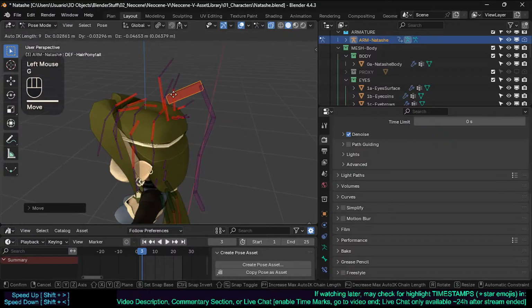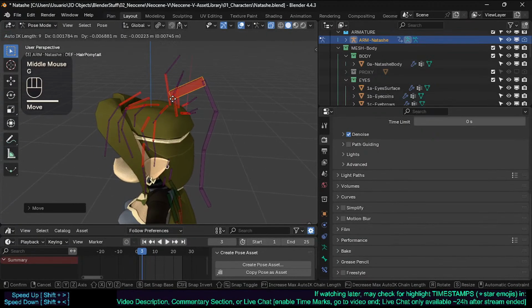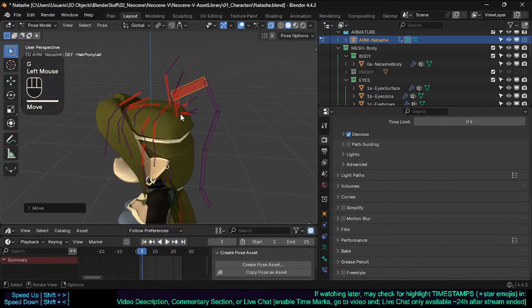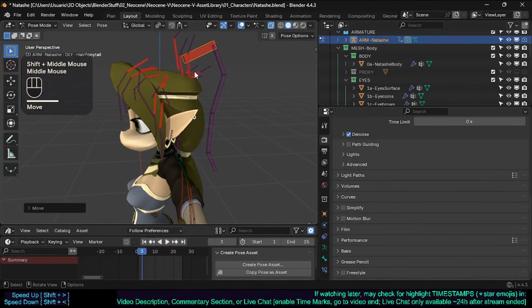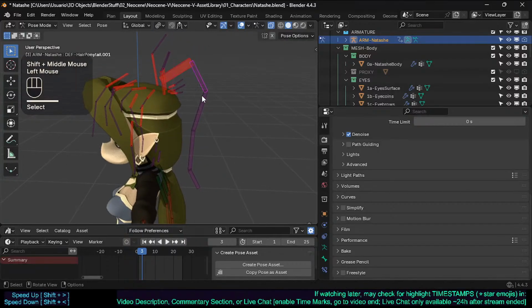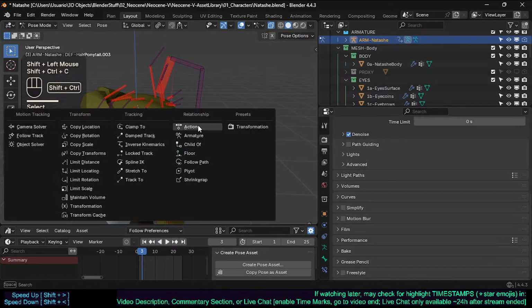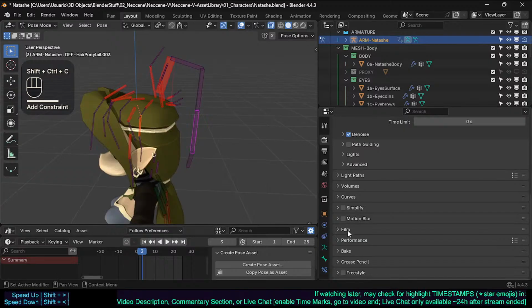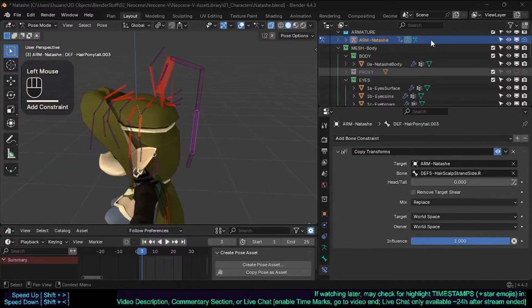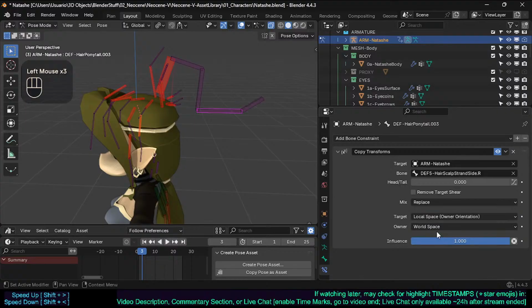This bone is not glued to the head, but it's not parented also. So this is a tragedy, because now these bones cannot have bone constraints. Well, they can, but if they have, they will start to behave very weirdly. For example, let's use a copy transforms here on local space,